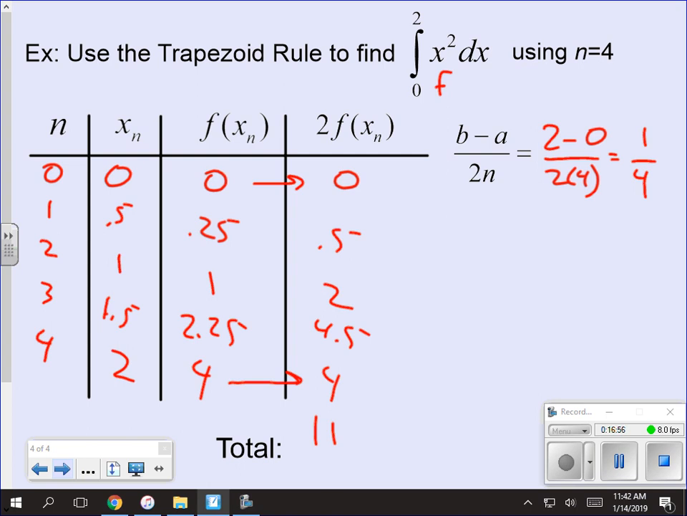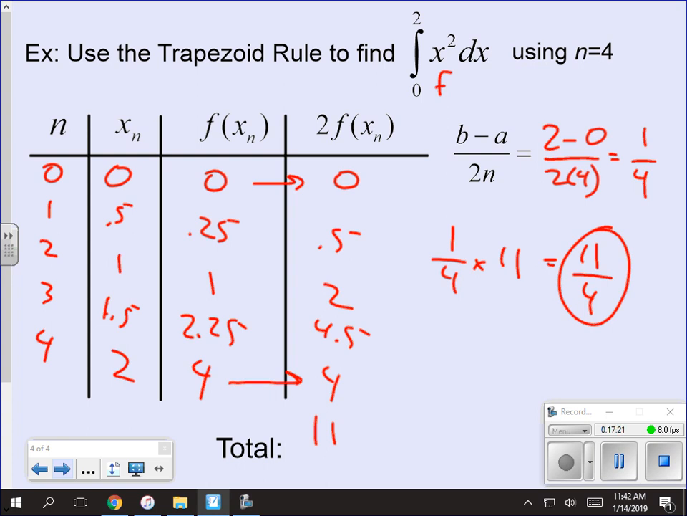So 11 is not my answer. 1/4 is not my answer. My answer is 1/4 times 11. And so x sub n is just